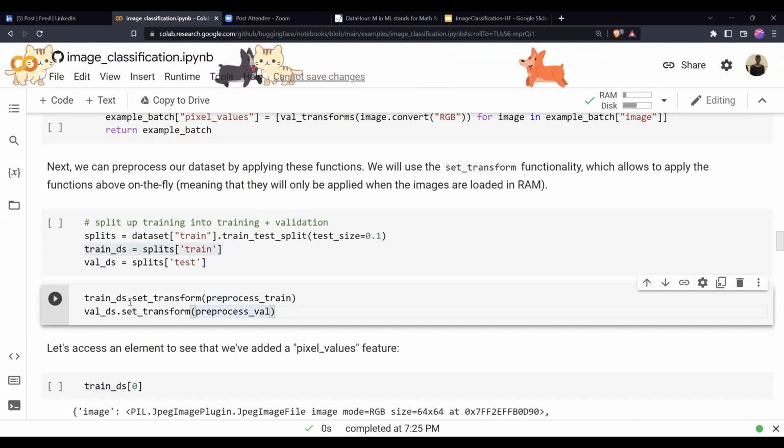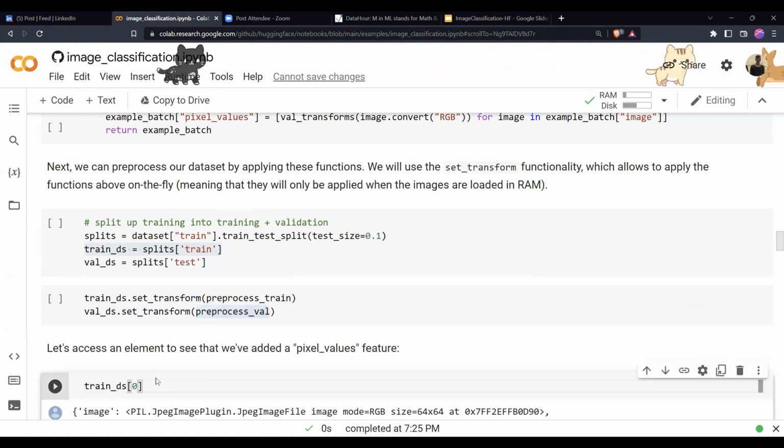And this is very important: set_transform. This is the same Apache Arrow data set, and we are setting some functions. Those functions will work on demand. They will not work right now, but they will work when needed. That is what makes it faster, in short.